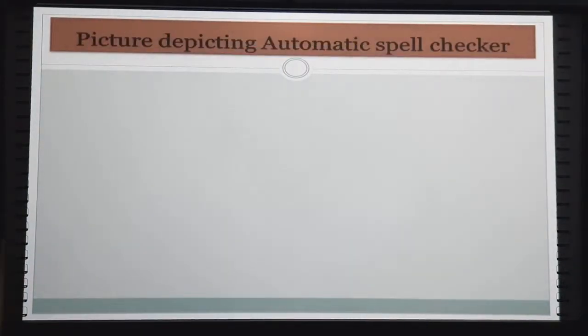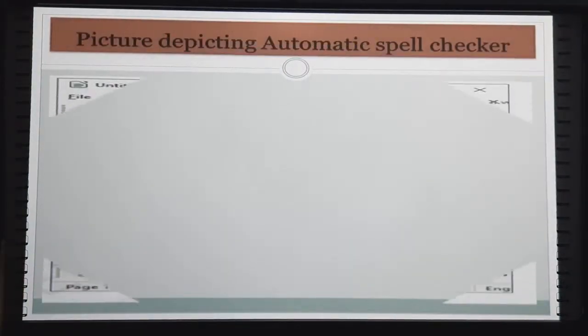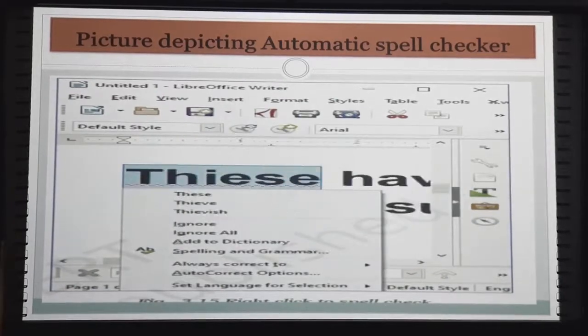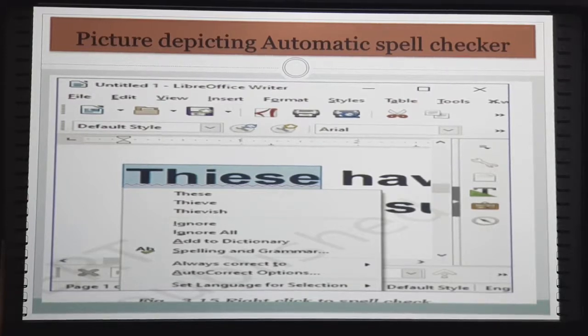So, a picture depicting the automatic spell checker, let me show you. It will be like this. This is the context menu itself. Select that word, right click it, and it will bring up the context menu. See here, in the first three words, the suggestions provided are the three words which match closely with the word selected by the wavy red line.